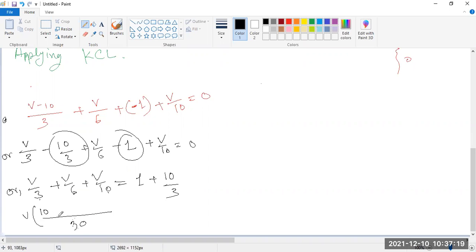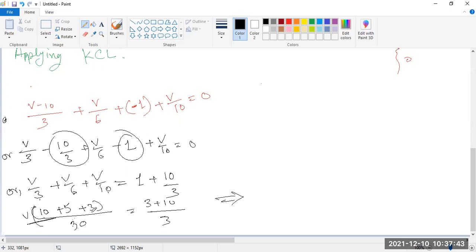I'm taking this V over here. This is 10, this will be here only. This is 10, this is 6, so it will be 5. This is 10, so this is the 3, and this is 3 plus 10. This is the 3. Here you can find, now calculate it.